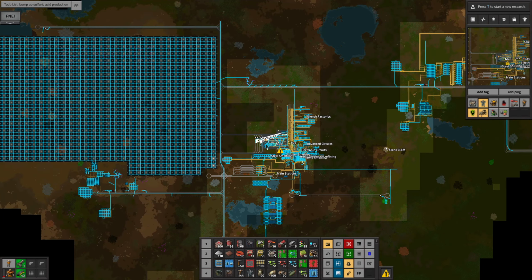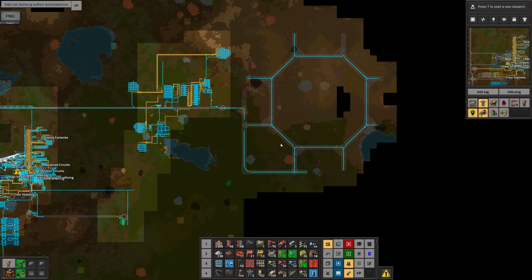Right, so that is actually connected down through there, but I want to connect it through here, the electrical circuit. We're missing a power pole up there. I want to get maybe 4 or 5 of these built. I don't know whether to put